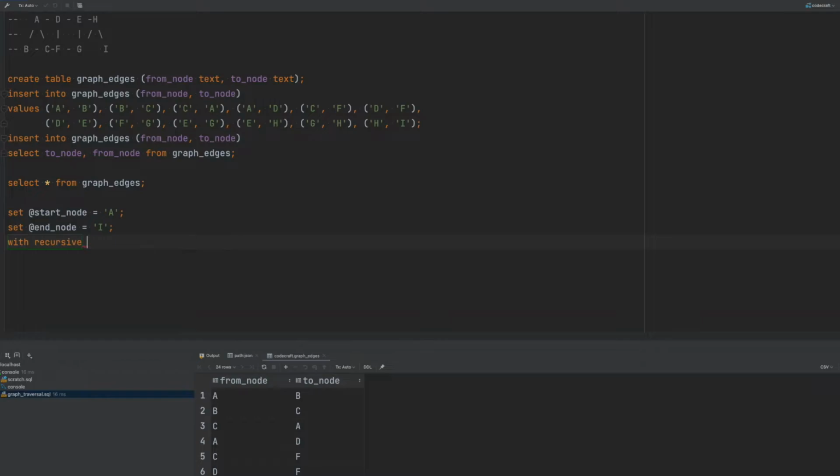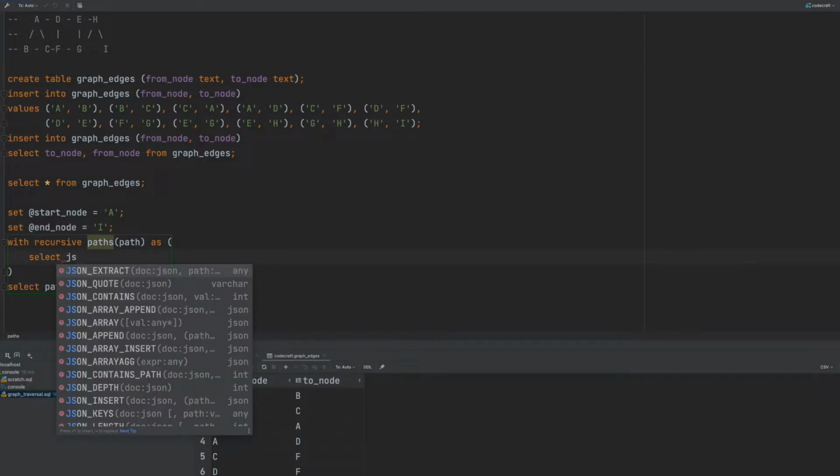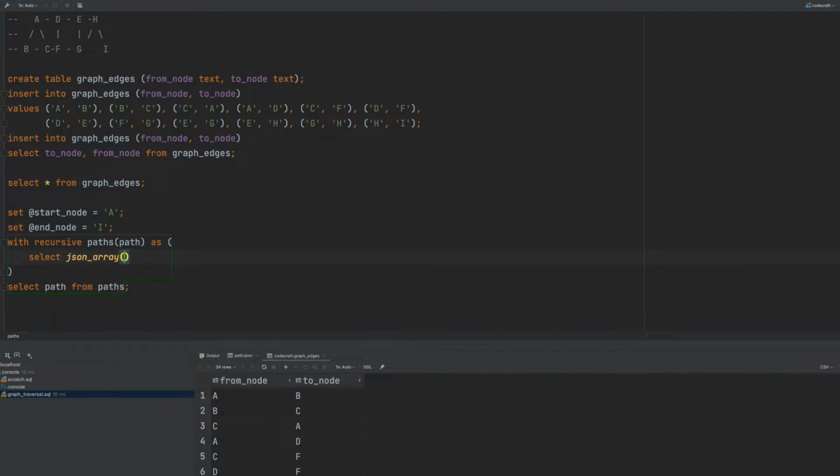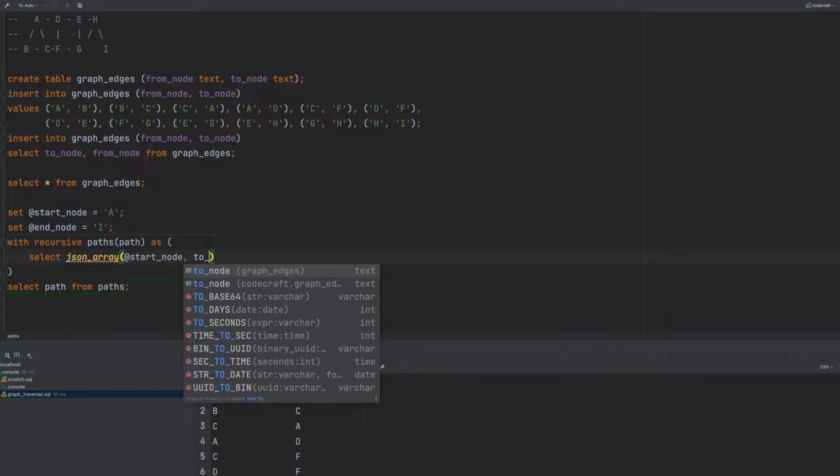With recursive paths, this is going to be the name of the table expression. It will just have one column, a path. And to this path, we will put the list of nodes that are on this particular path in a JSON array. But before that, let's declare the end goal. Ultimately, we would like to select the path from this paths table expression. Both recursive and non-recursive CTEs start with an anchor query. Here, I will use select JSON array, which is creating the array from the start node to the to node